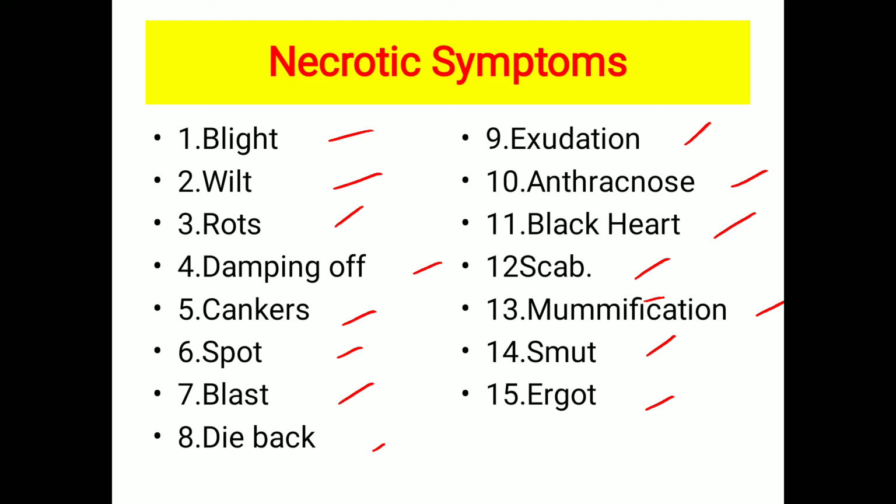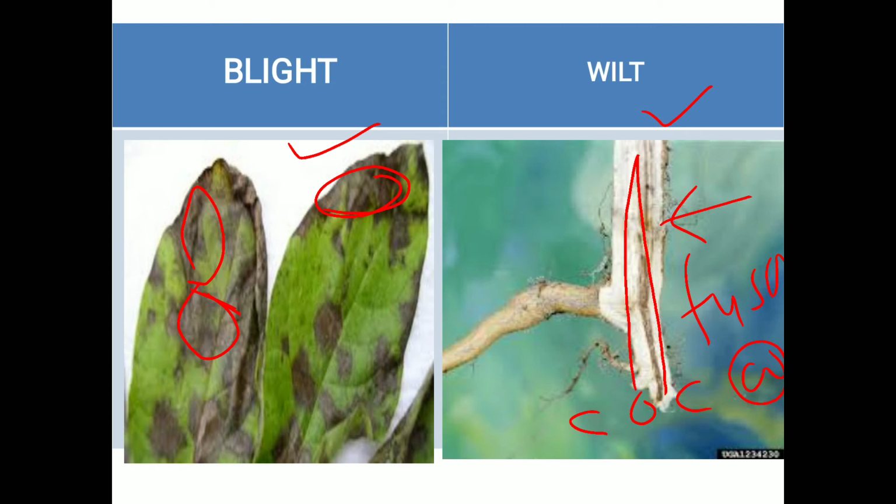So we discuss them one by one. First, blight. Blight means the plant shows a burning appearance. All the parts of the plant show a burning appearance due to sudden destruction of tissue. In Marathi it is called karpa. For example, early blight of potato and late blight of potato. Okay, so this is called blight. Next one is wilt. Wilt, in Marathi, is called mar rog. There are two reasons for the wilting.